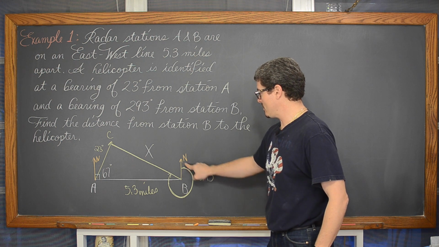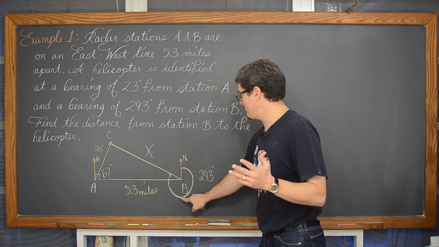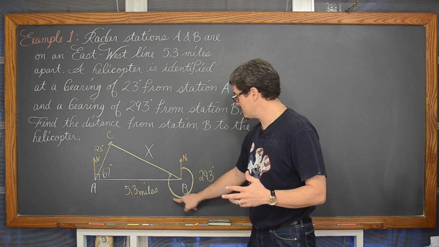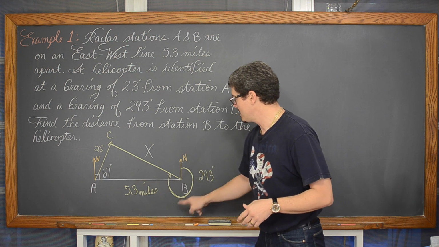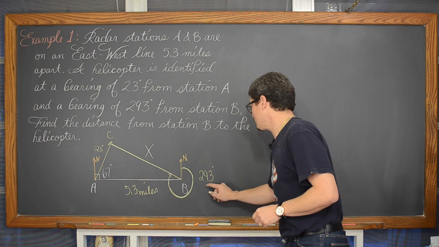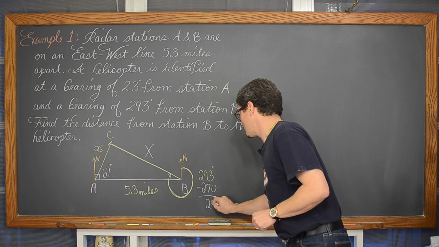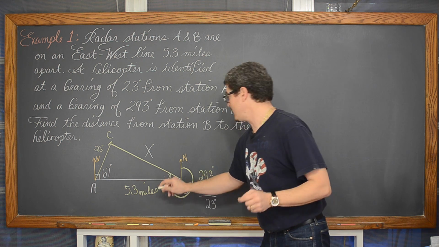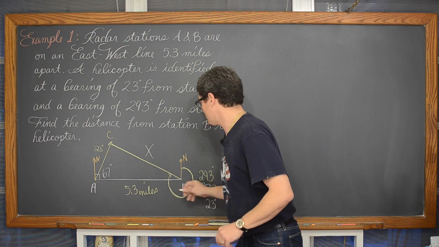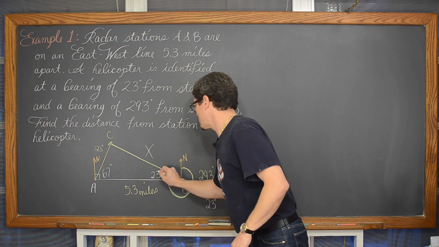Now, let's see. Well, 293, and did you remember how I counted that out? Rotating from north to east is 90 degrees, and then from east to south is 90 degrees, and then another 90 degrees to go to west. And so 293 minus 270 means we have a remaining angle of 23 degrees, and that's that little piece right here that's actually inside this triangle that we're creating. And so we have 23 degrees.